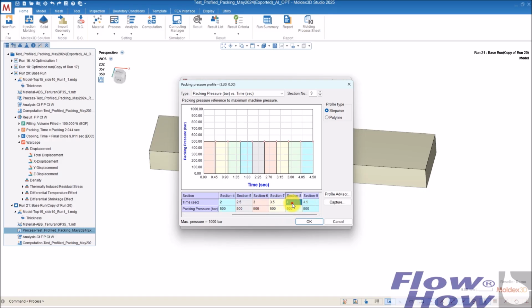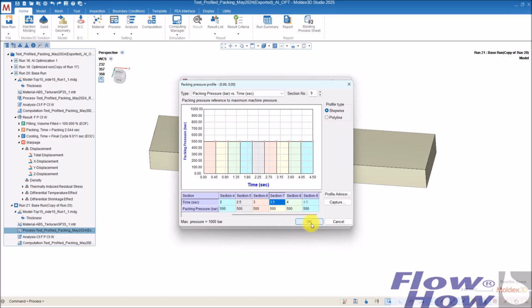Start from the end and just type in, say, 4, 3.5, etc. And give the packing pressure 500 bar. That doesn't matter right now. I do it stepwise, because I could also try to do the polyline.